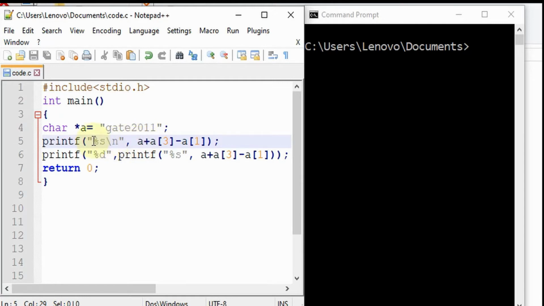Of course we need to print with the percentage s in here because we are printing the string value. We have to give the starting address from where it has to start printing the string, and it will print until a null character is found. So this is the concept of printing and initializing a string in the C programming language.